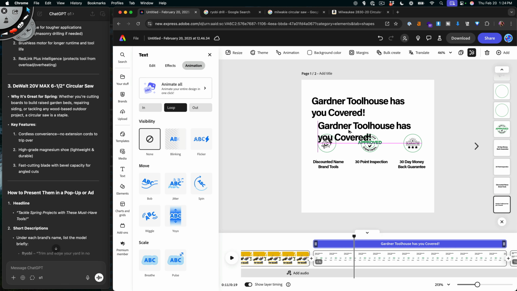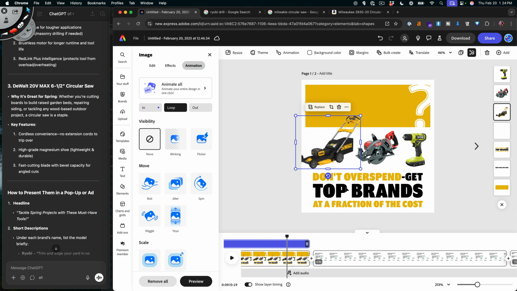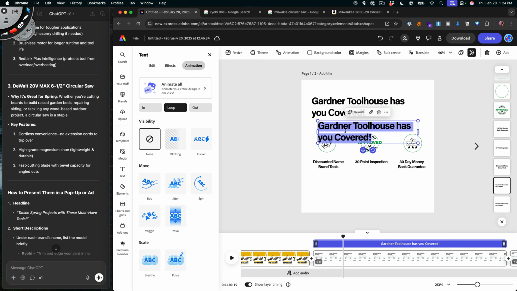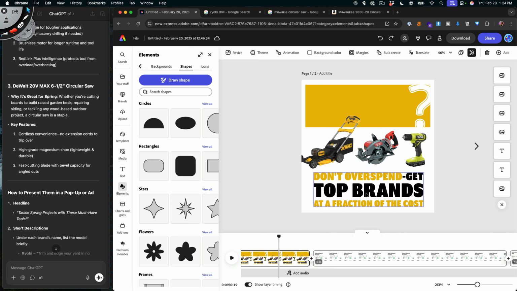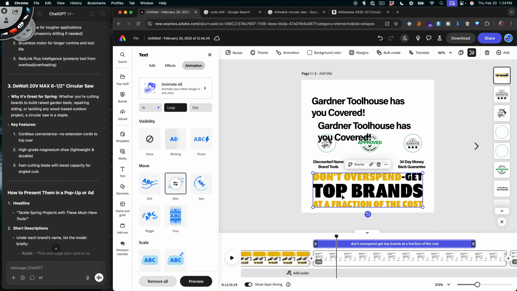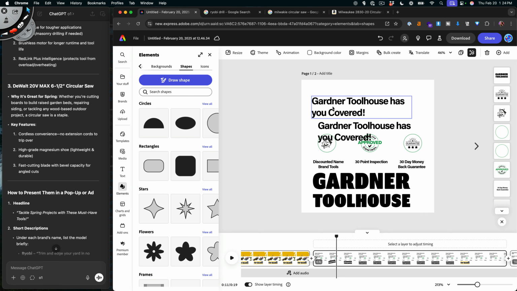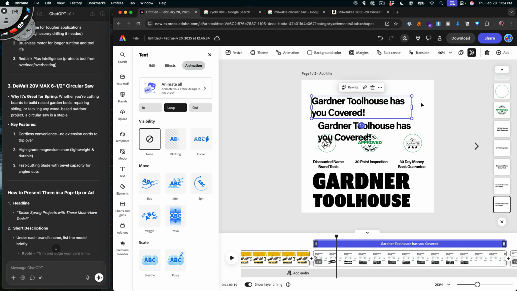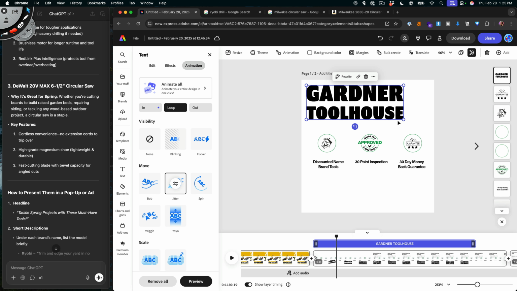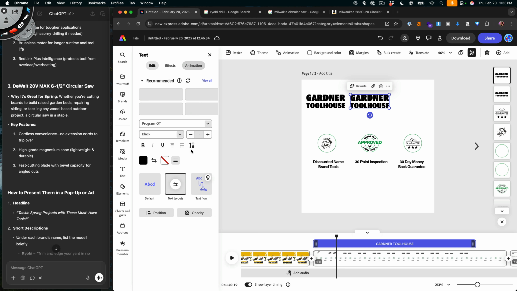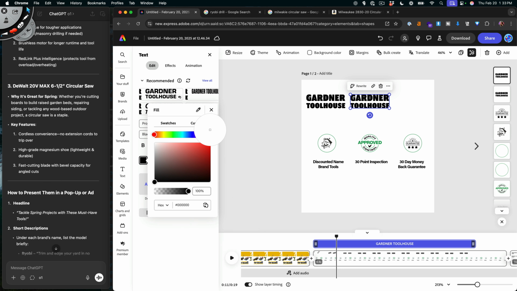But here's the thing that I would do: let's go ahead and bring this in. Oh, come on. So we'll bring this, copy and paste it, and then we'll call this one Gardner Toolhouse. And then we'll just remove a bunch of this stuff. And then, oh, look at this. Boom, boom. Now that I'm fully fueled, let's go back into